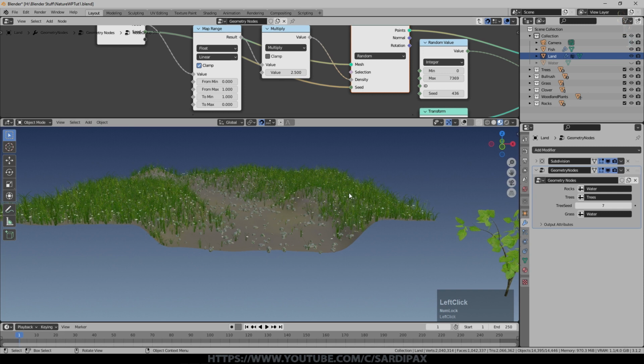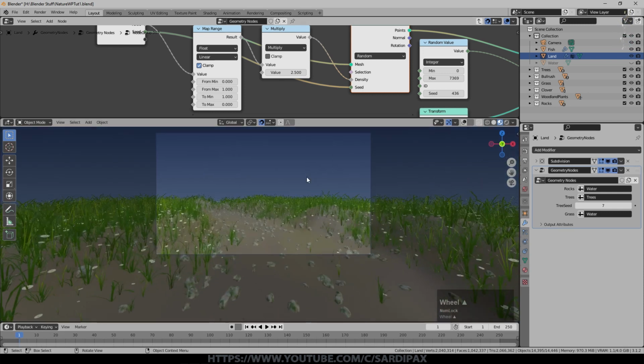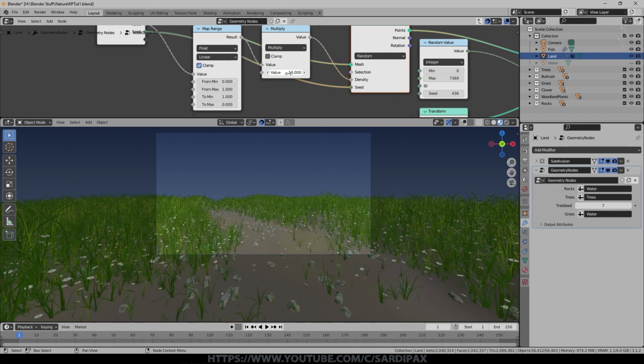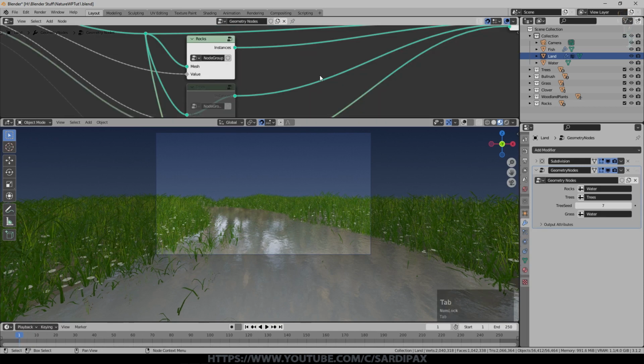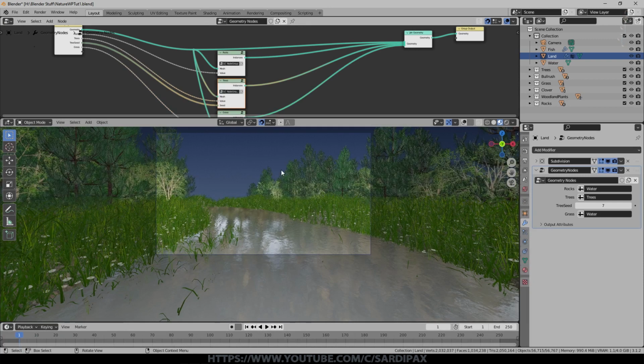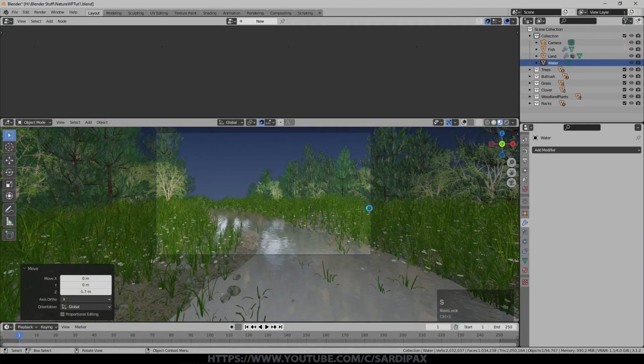And you generally are going to need quite a lot of grass in your scene for it to look convincing. So let's try 10. And this grass is relatively high poly, and yet it's still managing to bring that into the scene absolutely fine. And if I turn my water on now, you can see I've still got a bit of grass in the water, which isn't necessarily a bad thing. But I'll turn my trees on as well, and you can see we're starting to get an interesting scene now. I perhaps could lower the water slightly, water level, and then we'll have a look at the rendered view.